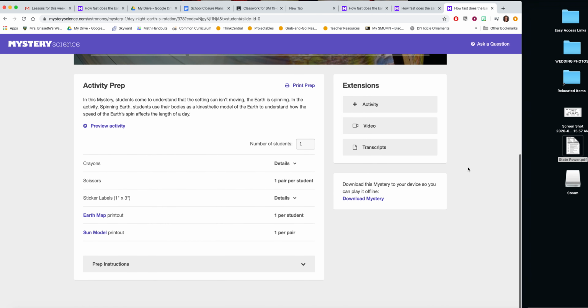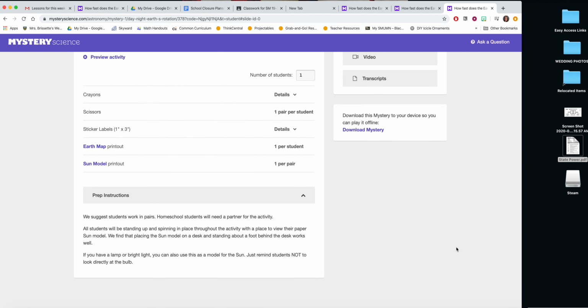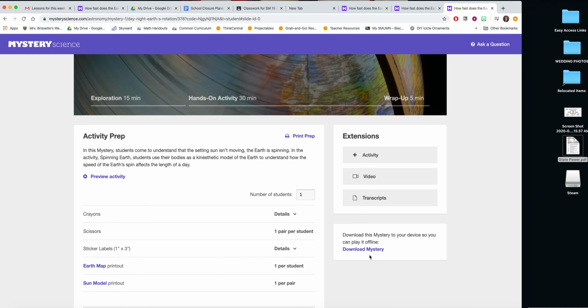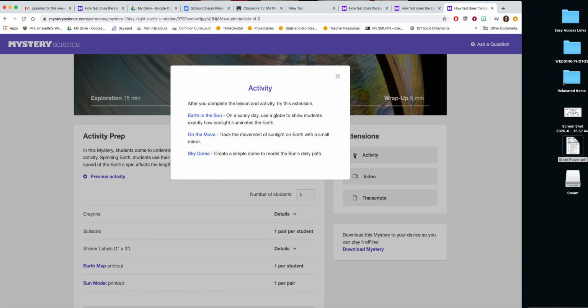And this activity should give you a great opportunity to talk about, like I said, you can always use a bright lamp for the sun as well. But this is an activity just for you to follow the directions through. It does have some guidelines in terms of timing for you, and then over here are some extensions. So if you would like some additional activities that you can work on, here are 3 things you can do,